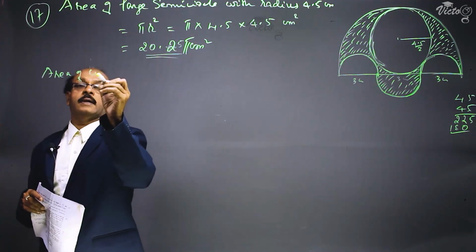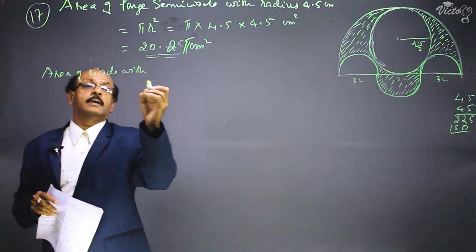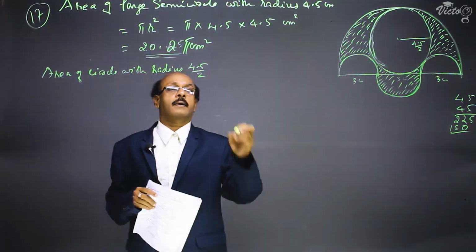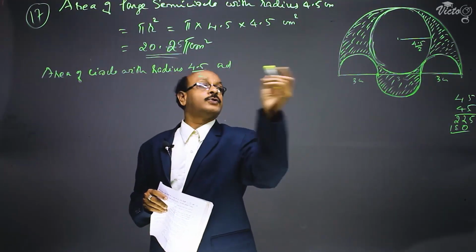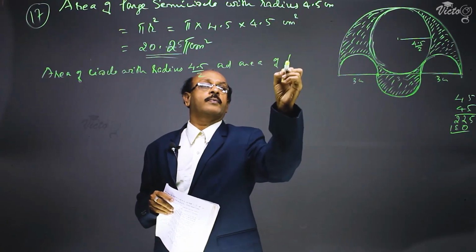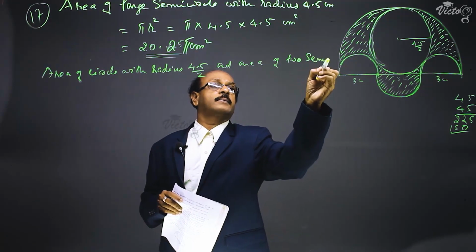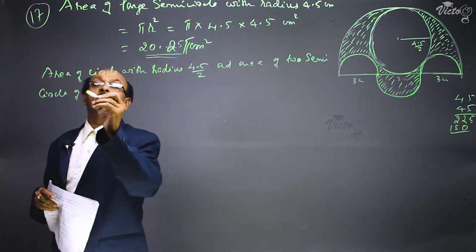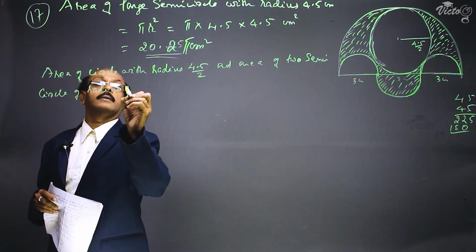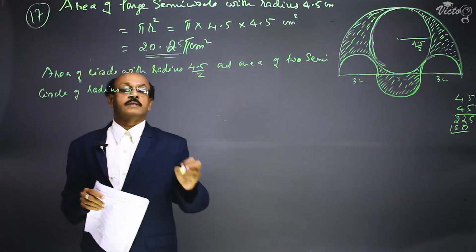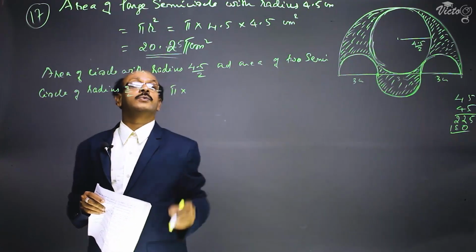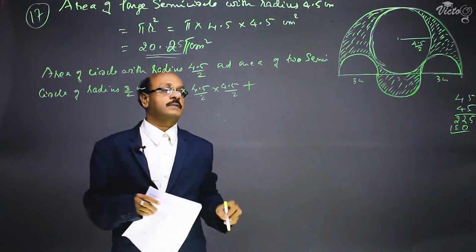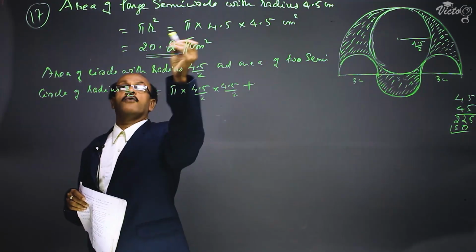Area of circle with radius 4.5 by 2 and area of two semicircles of radius 3 by 2 centimeters is equal to pi into 4.5 by 2 into 4.5 by 2 plus